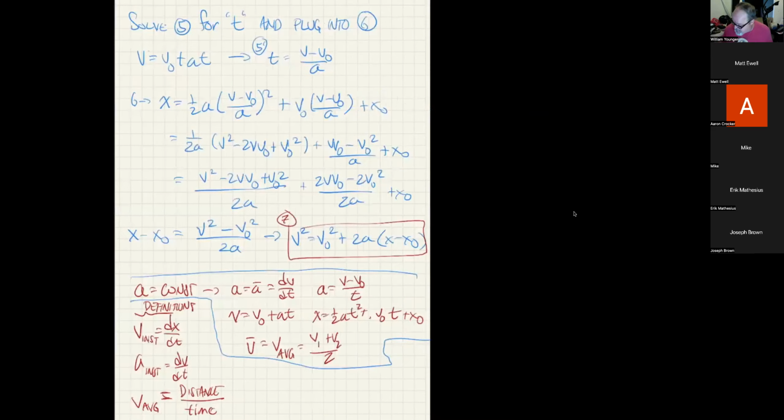So we got 5 minutes left. Let me show you an example. What if A of t was equal to 2.00 meters per second squared plus 3.00 meters per second cubed times t, like that? Well, I'm going to forget the units for right now. We know what they are. So we're going to say A of t is equal to 2.00 plus 3.00 t, but that's also equal to